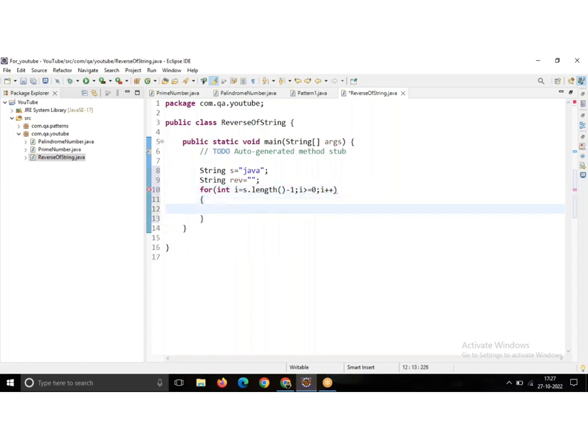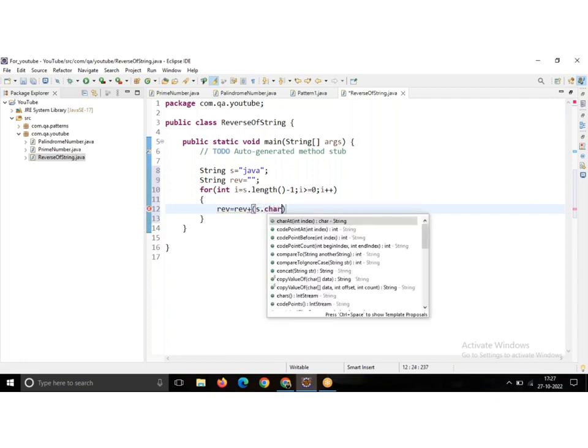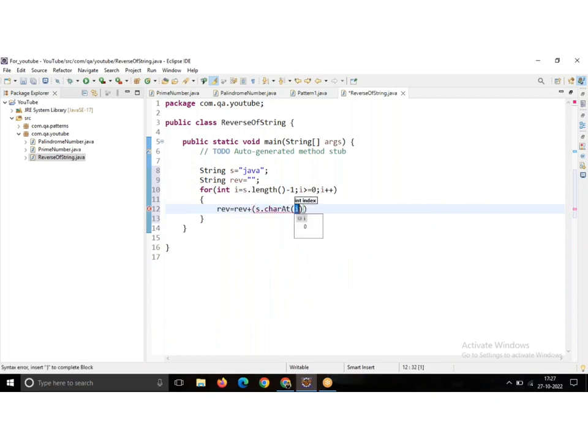Now let us see reverse equal to reverse plus s dot charAt I. Here the index value will be changing frequently, and we are getting the output.